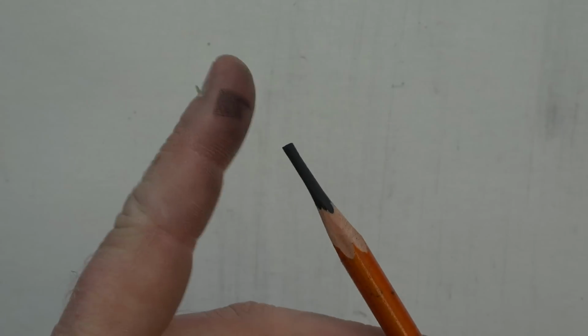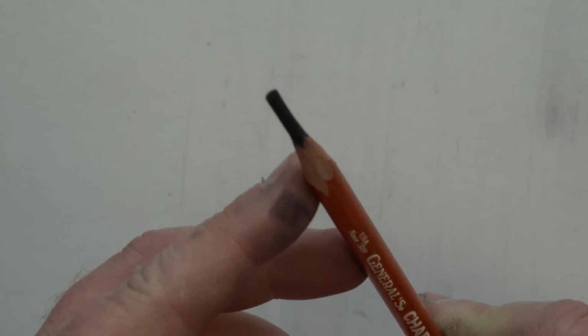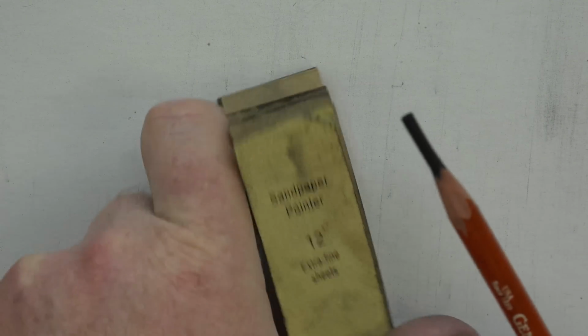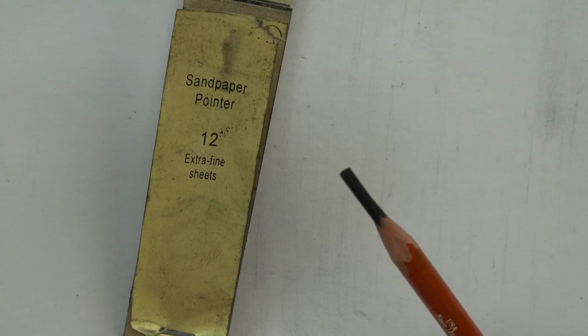Here we go. Remote control doesn't want to work as well as I want. All right, so that's pretty nice. But what about that fine tip point? How do we get that? Well, couple of means. What I would do now is take my tongue depressor sharpener, like we've got here,